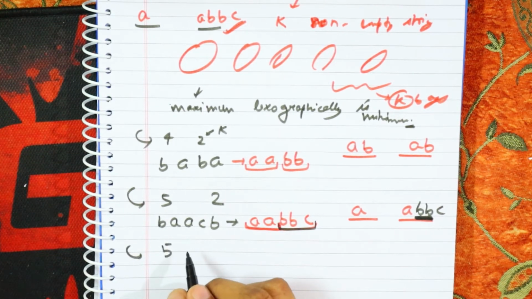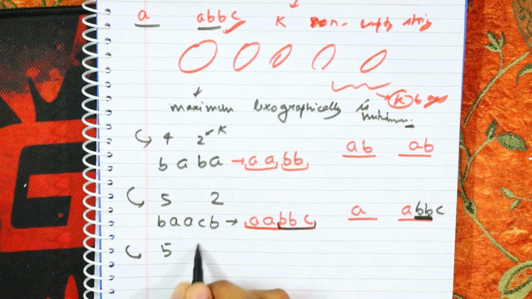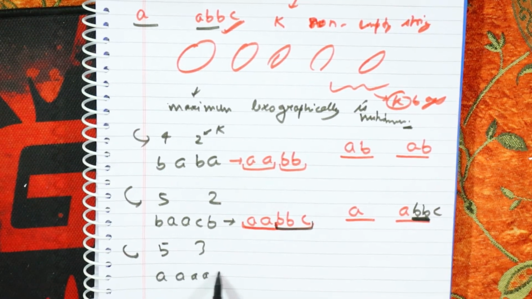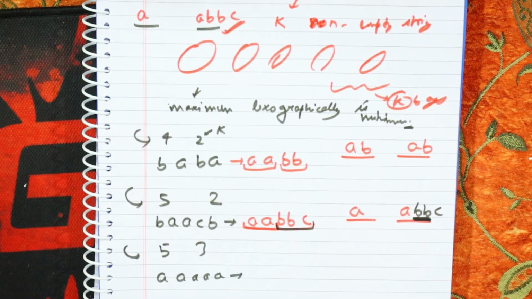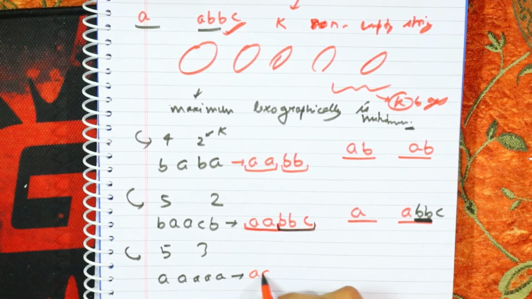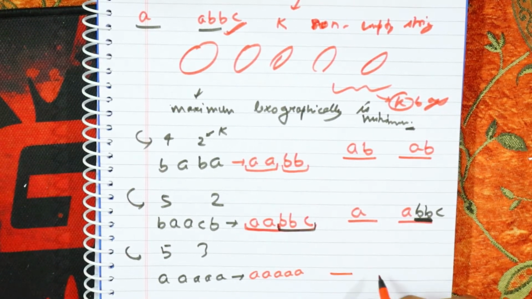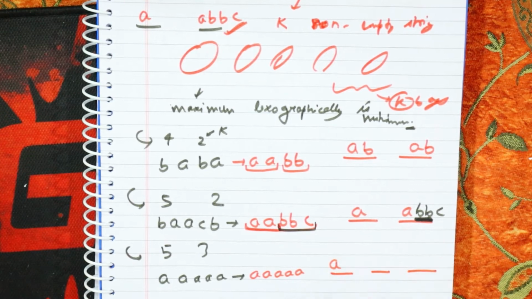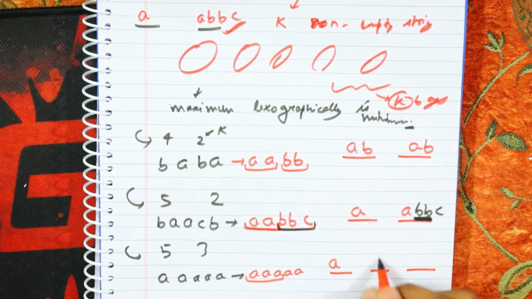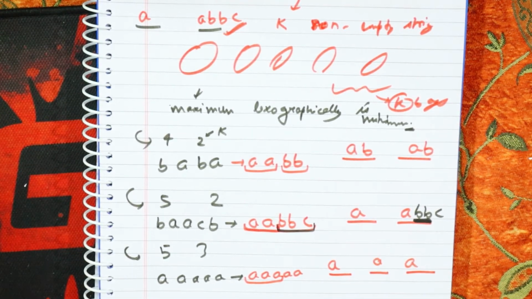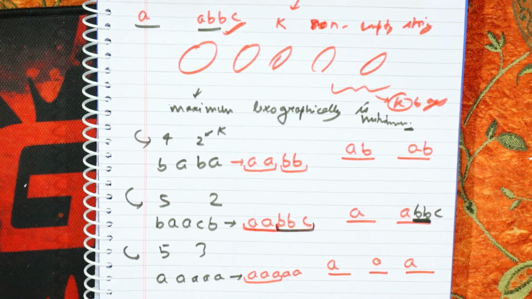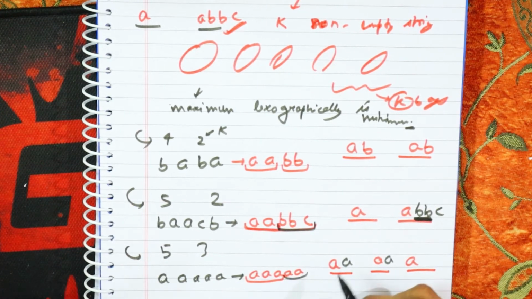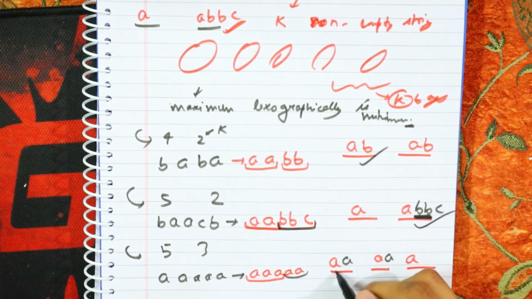Now I have 5 and 3. A, I have to group in 3 sets. I sorted A. I group, place 3 sets. I will first of all place starting A, no problem. Then the remaining 2, as these are the same, so I will equally place them. So maximum 1 we got here.